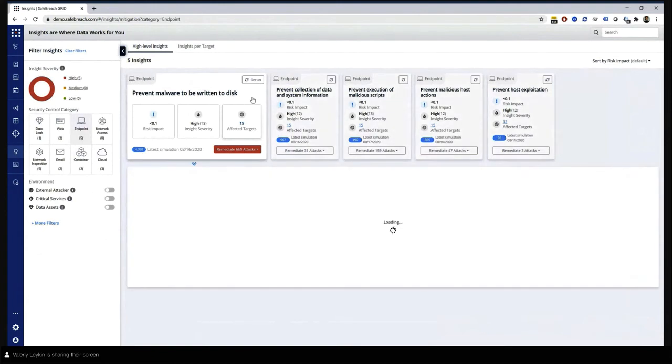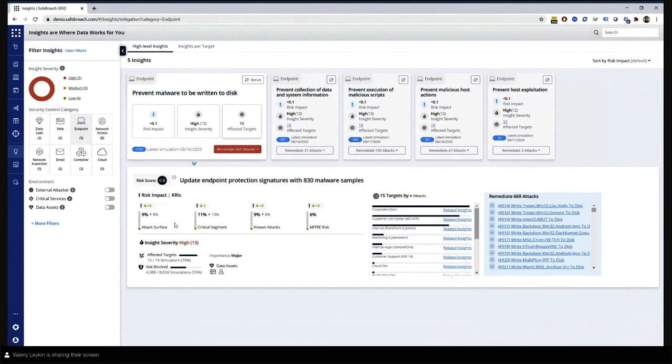You can drill into it, see the exact risk impact on your environment and how you will improve your posture if you remediate this issue. And lastly, you can easily export the information from here